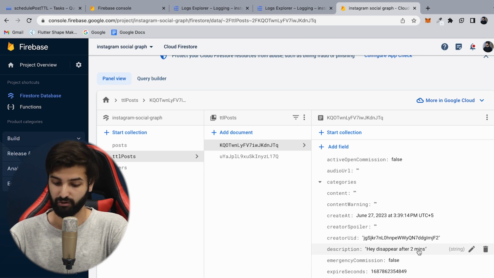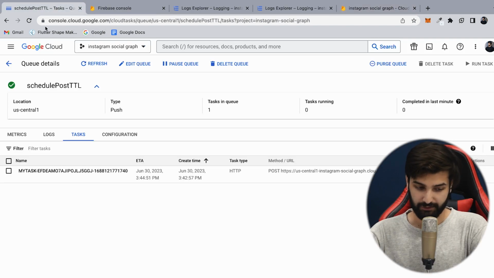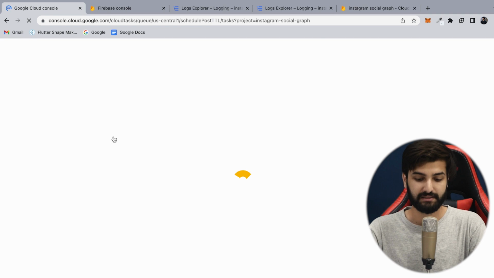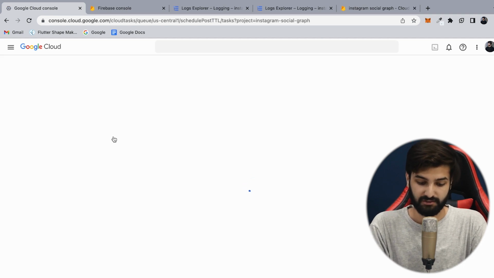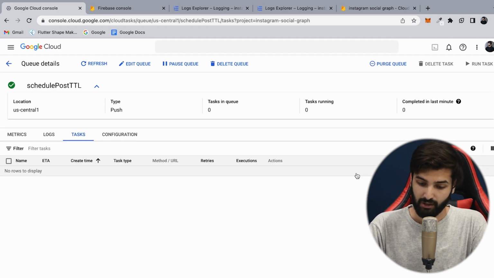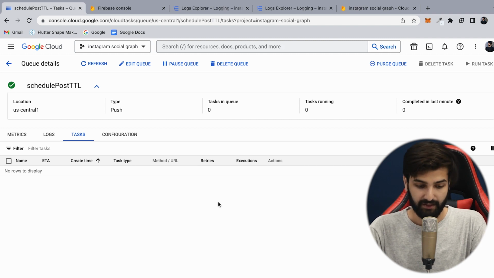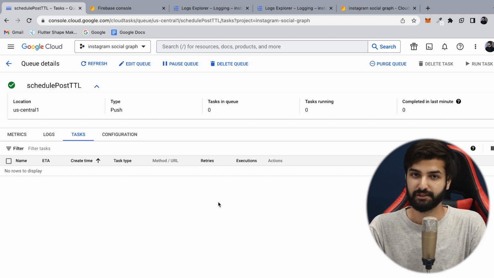Hey, disappeared after 2 minutes, and that was the first when we just came here and there was no logic in there. And also go to the schedule post TTL queue and reload this, and there will be no more task in here, and we will see nothing in here. The task is dispatched, the post is deleted, and that was all for scheduling the post in TTL in future 2 minutes. And yes, again, you can schedule a post at your desired time for your applications according to the